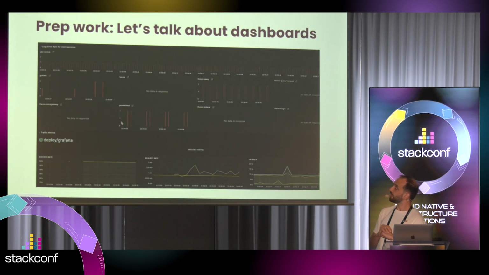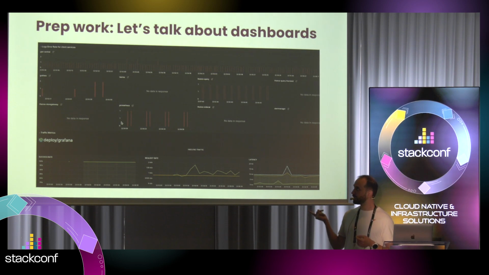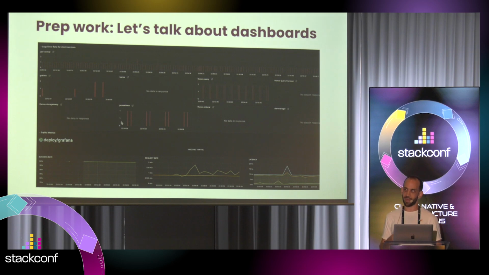Okay, and then prep work: dashboards. We obviously have a lot of dashboards internally. We wanted to create one specifically for our chaos engineering days. It's not very fancy. We just combined a few different data sources. Mostly we were interested in the metrics coming from LinkerD that have to do with throughput and inbound traffic.